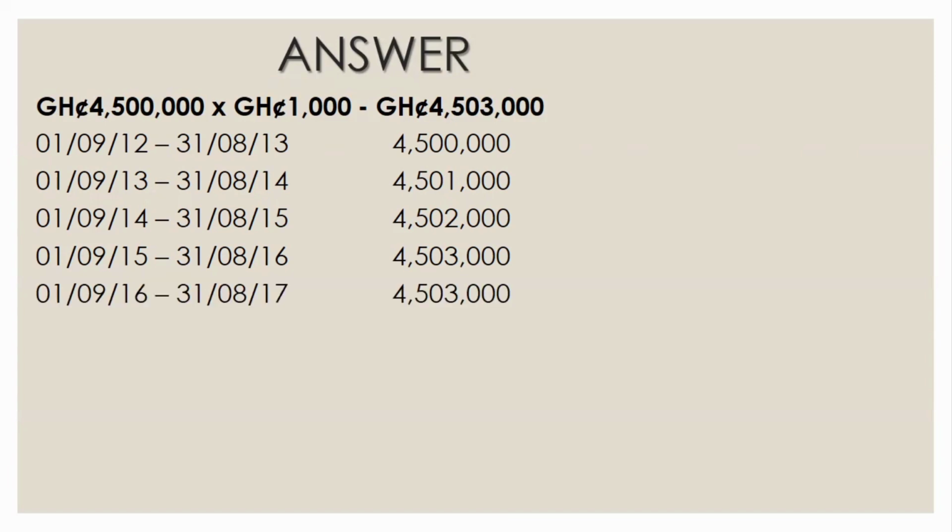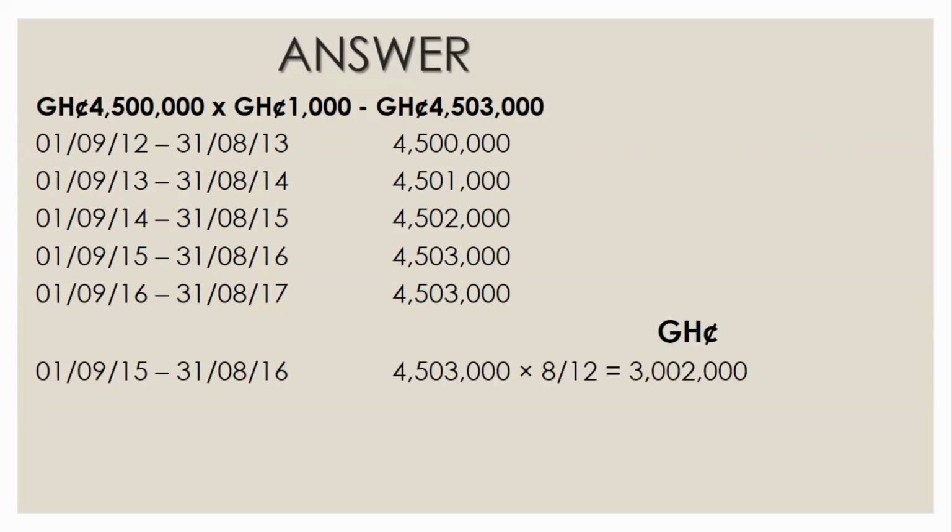So the next one will be 1st September 2016 and to end in 31st August 2017. The amount will be 4,503,000. And now let's calculate for the basic salary for 2016. So as we did for the previous example, we will bring the first amount, which was the 4,503,000. We multiply by 8 out of 12. The reason we are multiplying by 8 out of 12 is that we are considering the 8-month part of the 2016 period, which forms part of that amount. So we multiply by 8 over 12 and we get